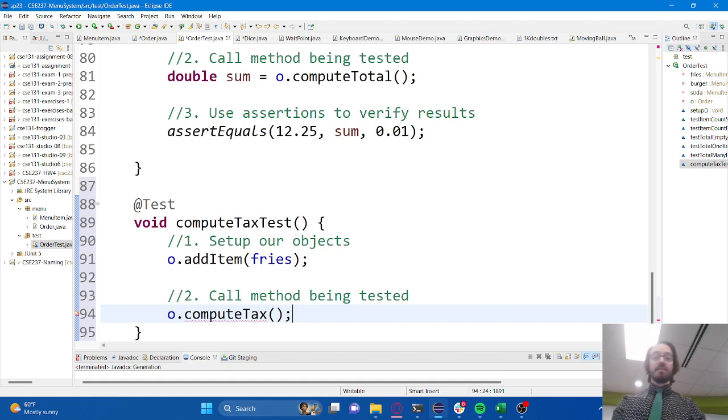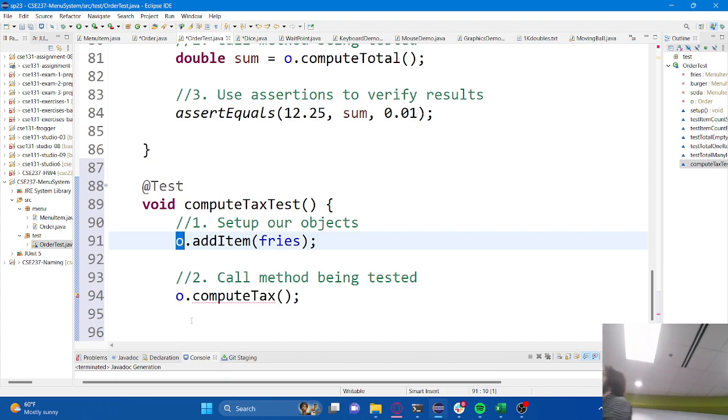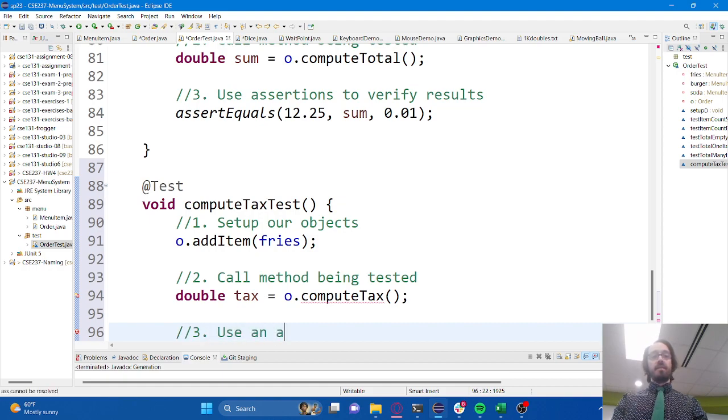So let's say we want to use a constant. I'm just going to assume that there's going to be some constant defined maybe in the order that says what the tax rate is. And then once it does that, it should be able to tell me that value, right? Give me that tax value. And then I should be able to do step 3, which is